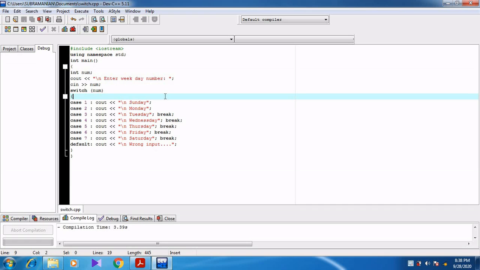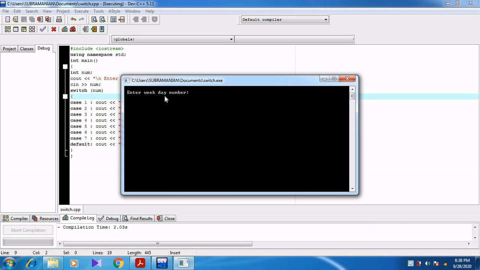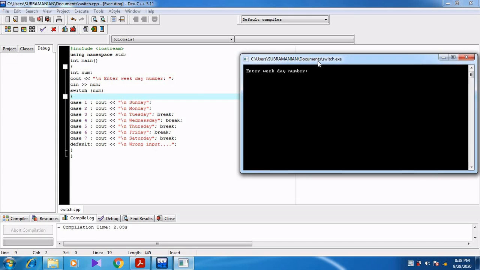Now let us see. I press F9 to compile, and then F10, and it asks me for the weekday number. I am giving 1. Whenever I give 1, it should execute only Sunday, but I have not yet given break. So it executes the other statements also.